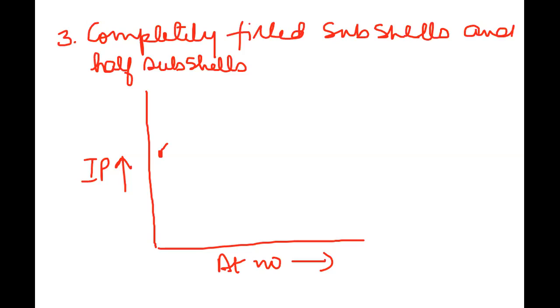If this is hydrogen, then helium has a higher value, no doubt. Then lithium, you come down, and lithium shows a very low value. After lithium, the normal trend should have been that it keeps on increasing, but you will see a kind of seesaw increase, like this. This is hydrogen, this is helium, just the top ones I'm writing, and this is neon.